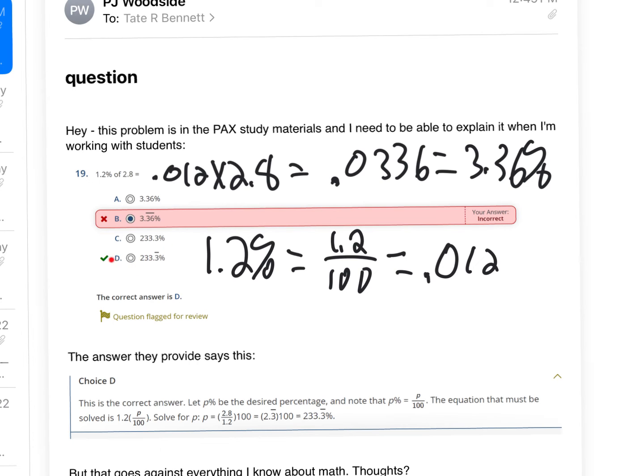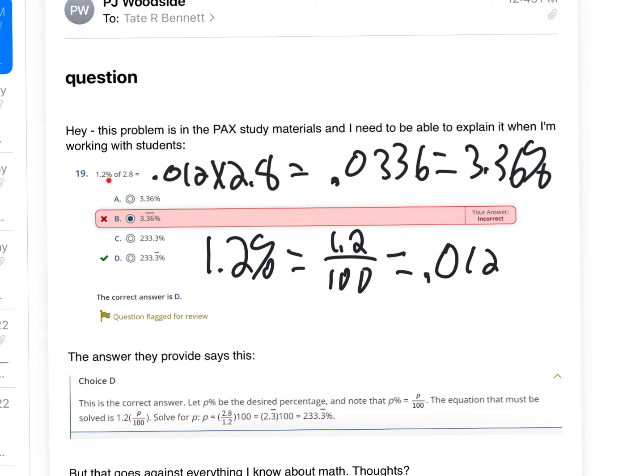So I guess I'm getting an A for this. I don't know where this comes from. Now that bar probably means repeating. The 3/6 repeats. It doesn't look like it's repeating. And I guess I converted it to decimal and then reconverted it to percent. Since they wanted the final answer, if I was looking ahead, since they wanted the final answer in percent,